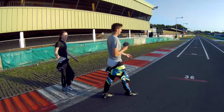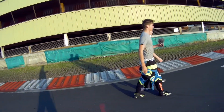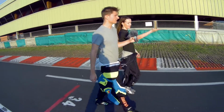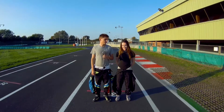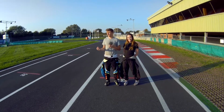This track's very much brake and then just flat out, and that corner is so important, because that's your whole drive down the straight, your whole drive into that first, second, third. Getting a good exit through there is crucial on your lap. It's so important. So this was a lap of the PFI International in the X30 senior category,